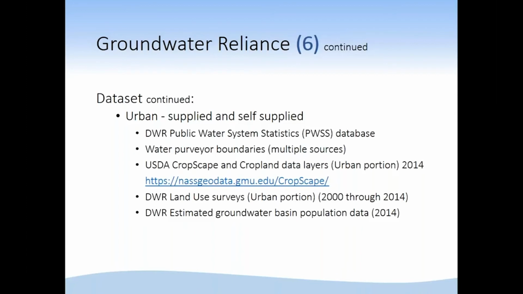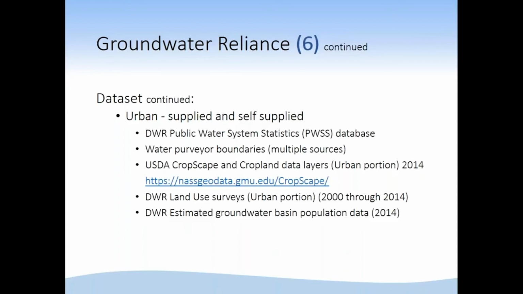The next part that we had to do was estimate population. We used a tool that's documented in the draft manual that basically created a 2014 population estimate for us, because that's really critical for us to determine how much the urban providers are supplying.